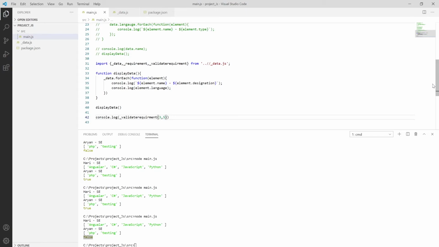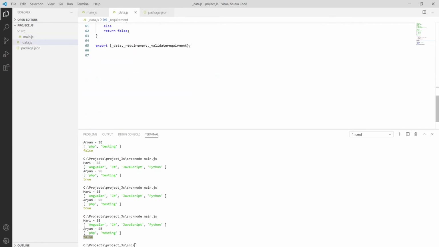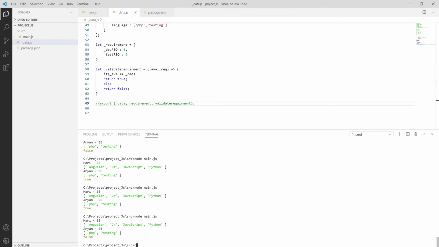Named exports are also distinct in that they are exported as soon as they are declared, by placing a keyword in front of the variable name. So let me show you what I mean by this. Let me comment out this thing using control S and clear the terminal with cls.